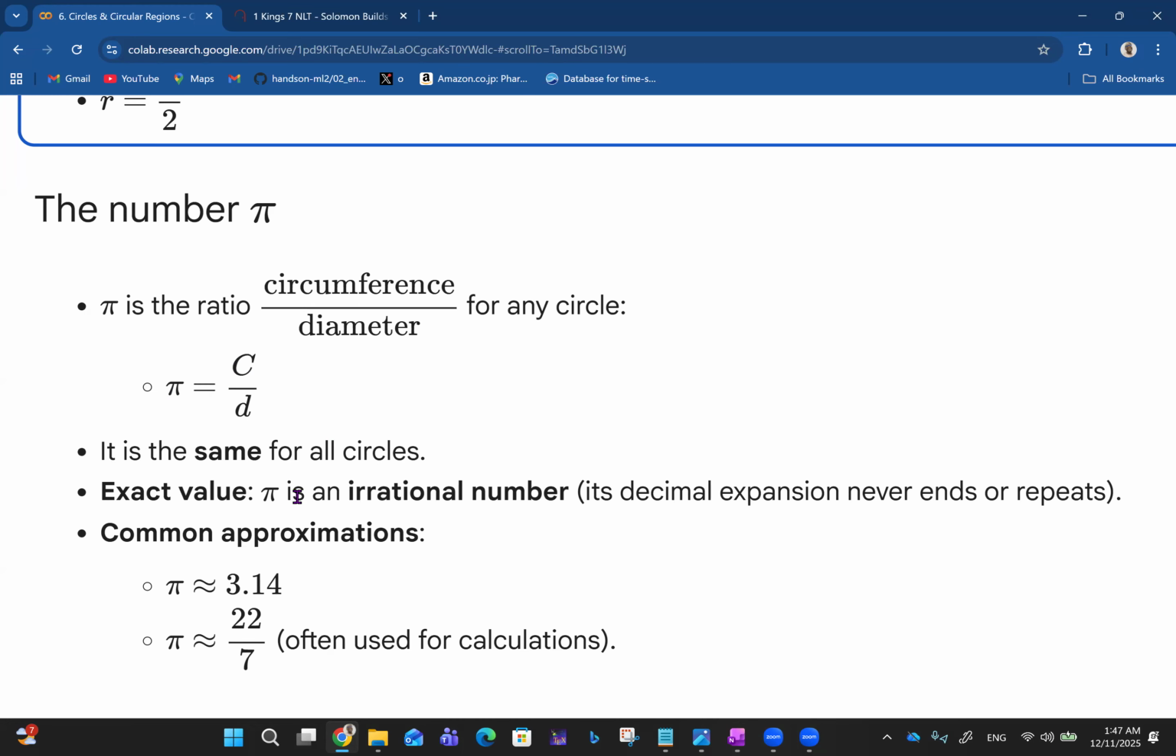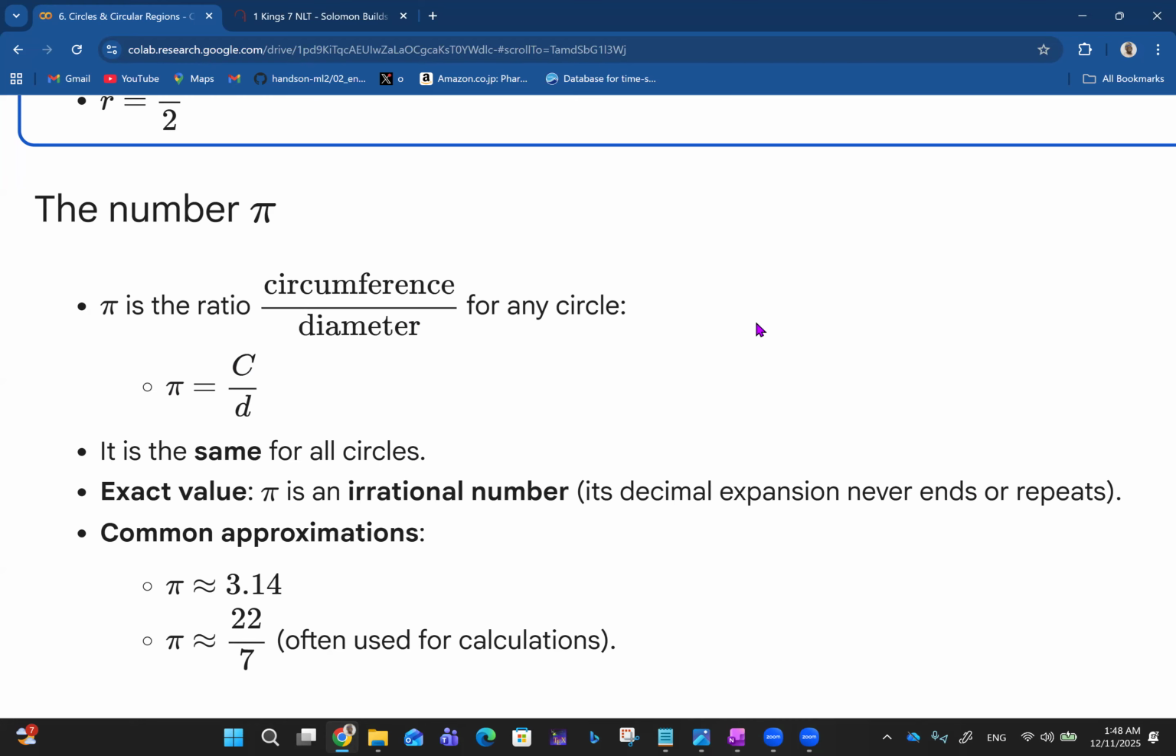So pi is c over d. The exact value of pi is an irrational number, so nobody knows the exact value of pi, but you can approximate it in some ways. Its decimal expansion never ends or repeats. It just keeps going. A common approximation for pi is 3.14, which aligns with circumference over diameter,